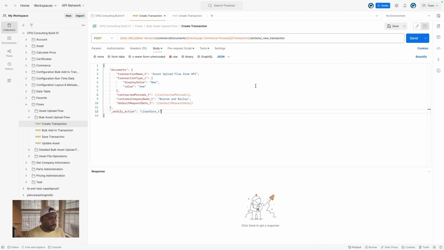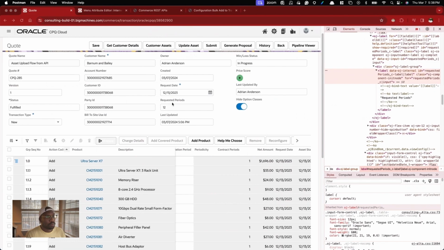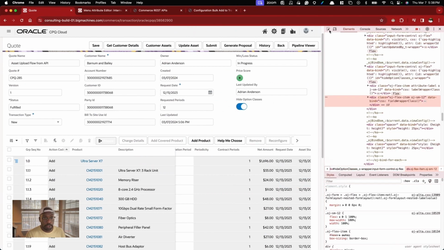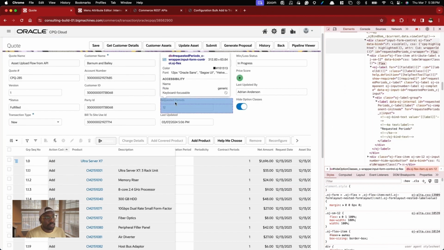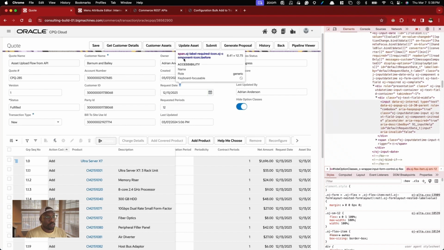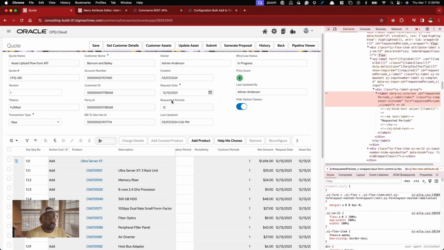Okay. And I came back over to CPQ. I inspected the page, just click this inspect. If you don't know how to do that, now you do. And I'm going to look at, I don't know what this tool is called, I like to call it the Explorer. And I'm seeing that this is the attribute that I want to check. I forgot that I actually made this requested periods. So this is the variable name